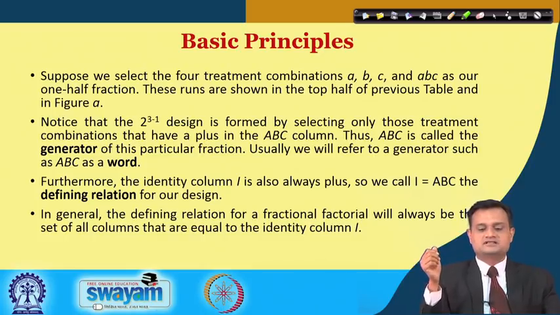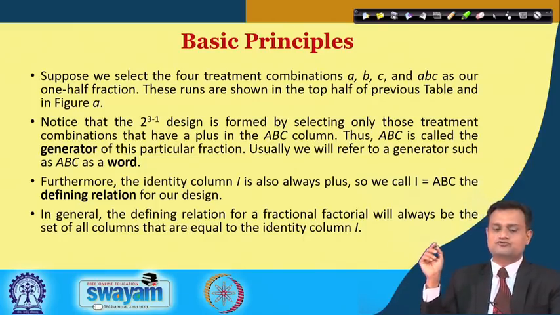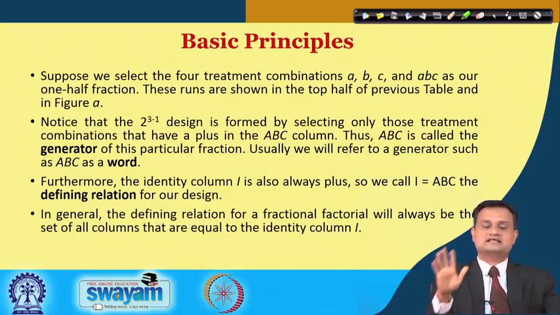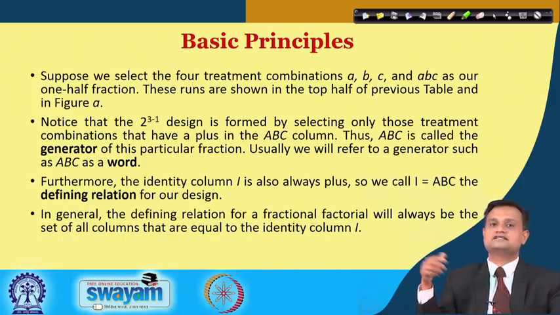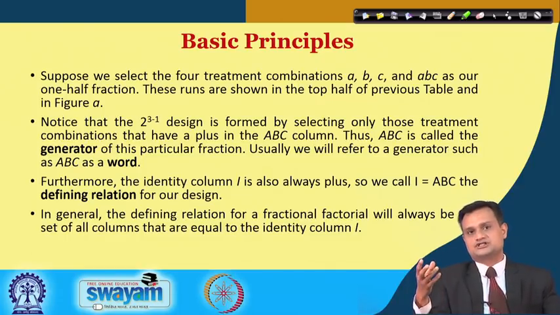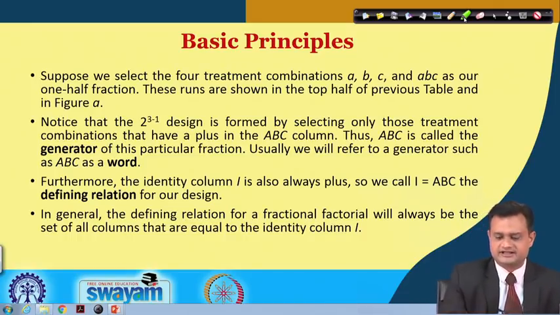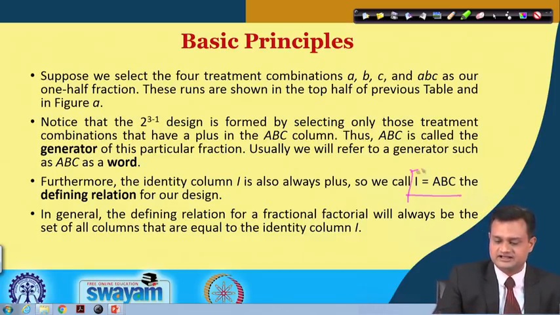So typically, say you have the treatment combinations A, B, C and ABC as our 1/2 fraction, and these runs are shown in the top half of the table with plus plus plus. Now a 2 raised to 3 minus 1 design is formed by selecting only those treatment combinations that have a plus sign in the ABC column, and ABC is typically called a generator. So I am just trying to introduce a technical term: it is a generator. Now when I equate I equal to ABC, I am calling this a defining relationship,